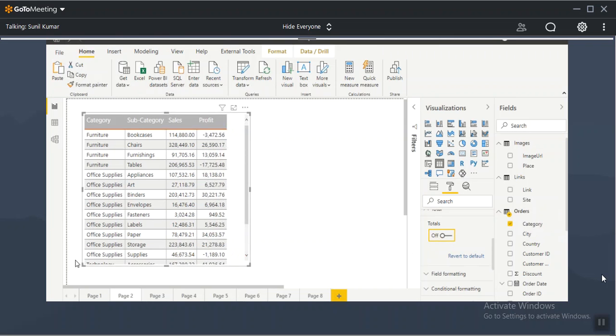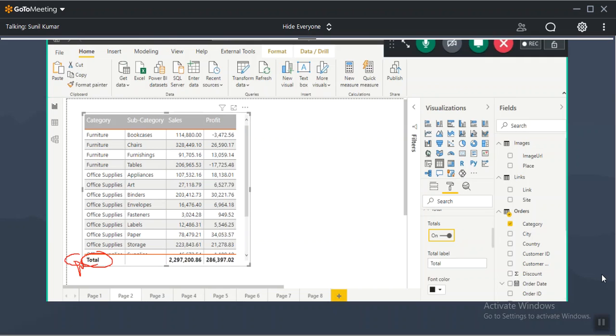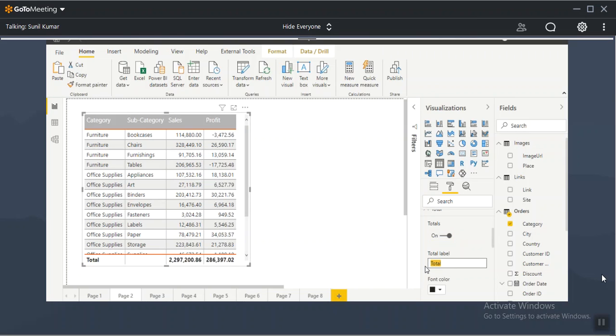When you don't want to show it, stop it. Now I am not seeing the totals. When you want to show it, turn this on. And what is the name you want to show here? Totals or grand totals, what is the name? By default it's showing totals. If you want to show grand totals,